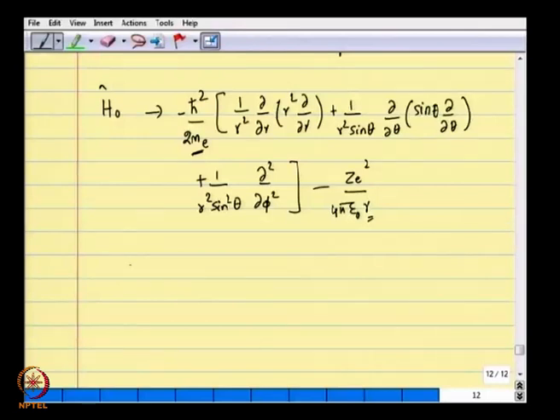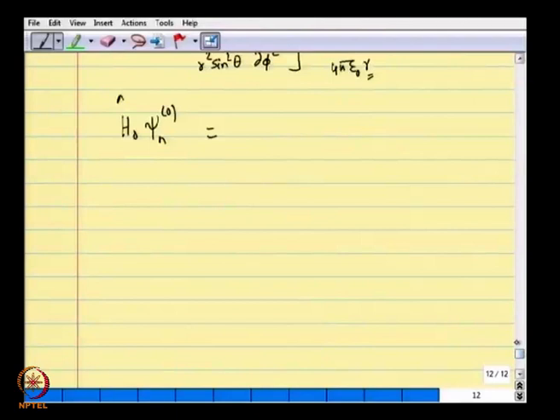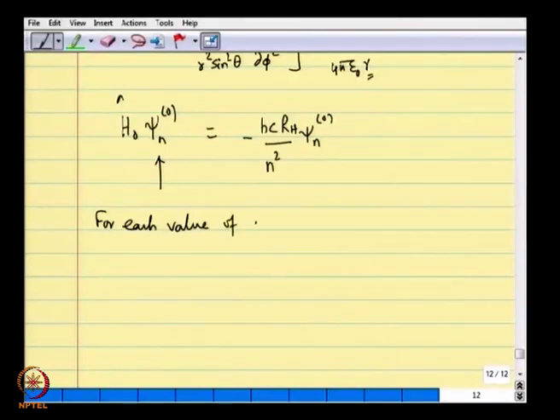and we know that the energy is given by H naught psi n zero equals E n psi n zero. We know the solution. This is an exact problem that Schrodinger first solved, and everybody else has later followed this by other methods as well. The answer is minus h c times the Rydberg constant by n square, for psi n 0, and we know that this n, for each value of n, goes from 1, 2, 3, etc.,